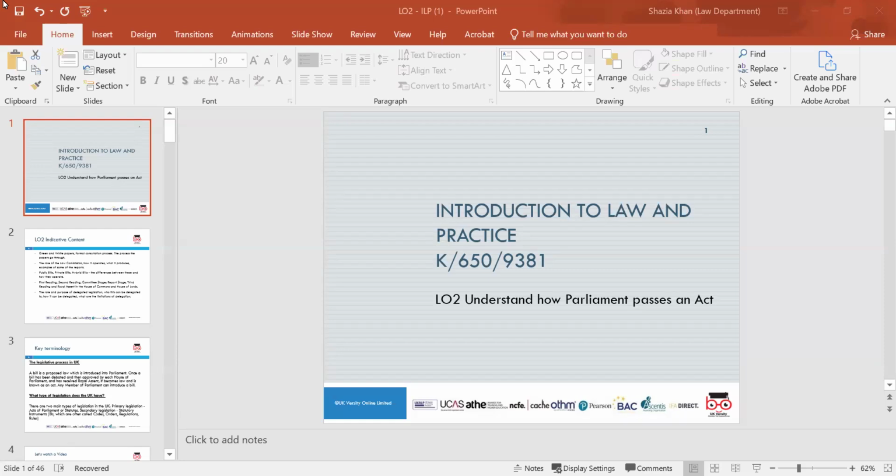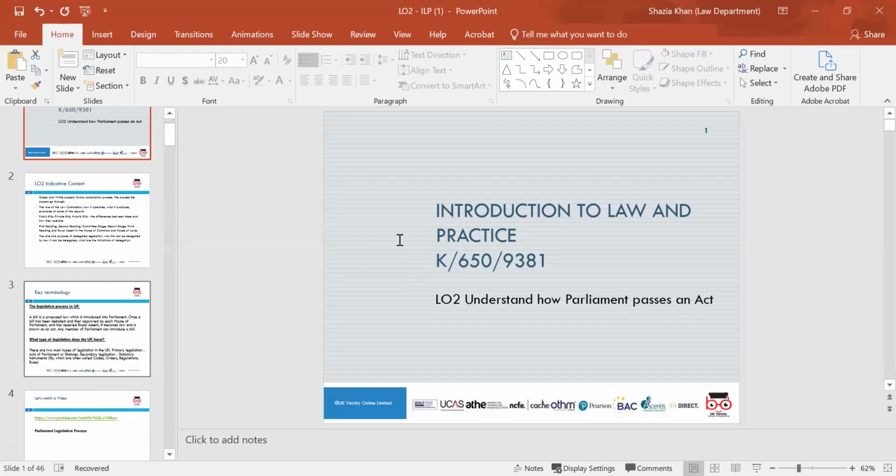Hi everyone. So today's session is Introduction to Law and Practice. My name is Shazia Khan, and the learning outcome we'll be doing today is learning outcome 2, which is to understand how Parliament passes an act